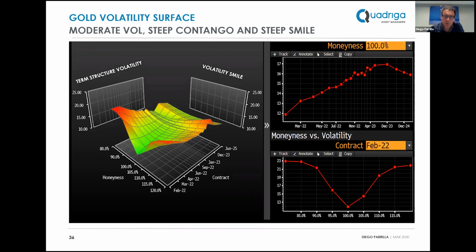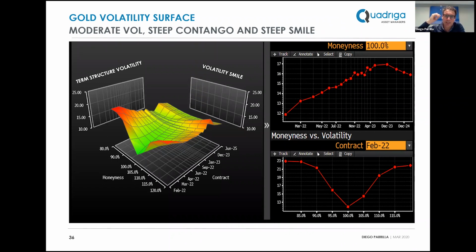We see a much more normal volatility smile, where effectively the market is telling you that gold does not follow a log normal distribution, surprise, surprise, and whereby the implied probability of a very big move up and very big move down is greater than predicted by the log normal. So you have these fat tails on both ends, which are pretty symmetrical, and this is something that, combined with the contango in the futures and the contango in the vol term structure, as you can see in the graph